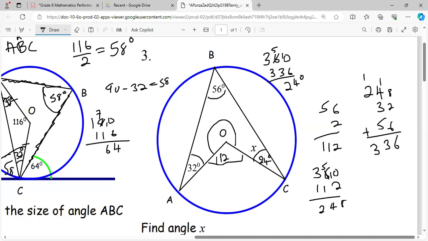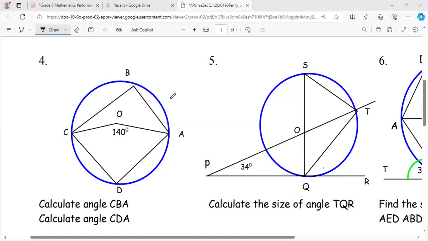Alright? So guys, I could go down to number 4. Just finish it. Alright. So 4 is to calculate angle CBA and angle CBA. So I want this angle right here. I also want this angle right. So I think we could find CBA first or easier, because if you look closely at this portion here,